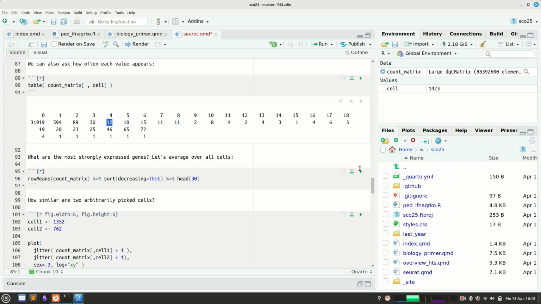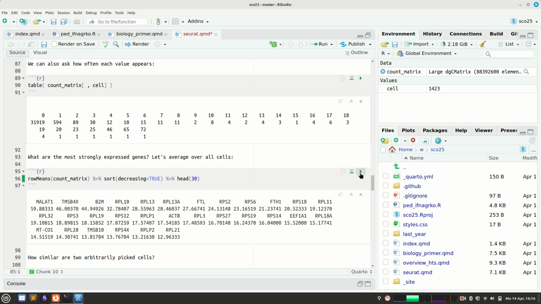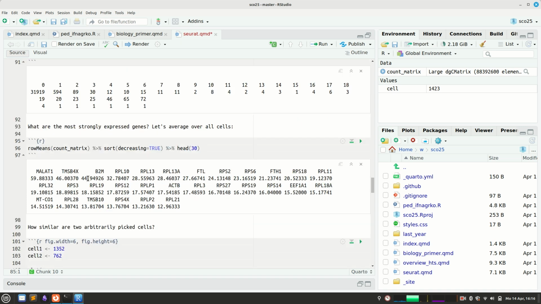We assume that all genes are equally likely to be counted or not? Yes, with some caveats, which we can come to later. Actually, we don't, but we will later find an argument that this problem cancels out. So here we can ask what's the most